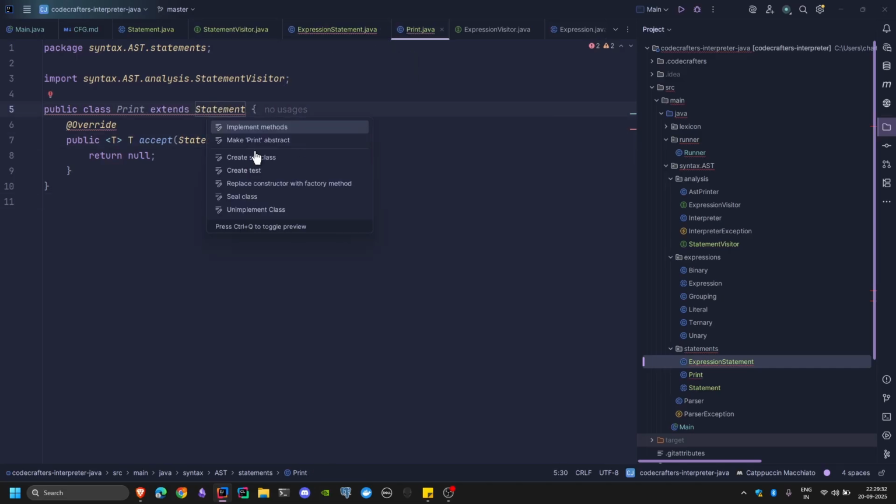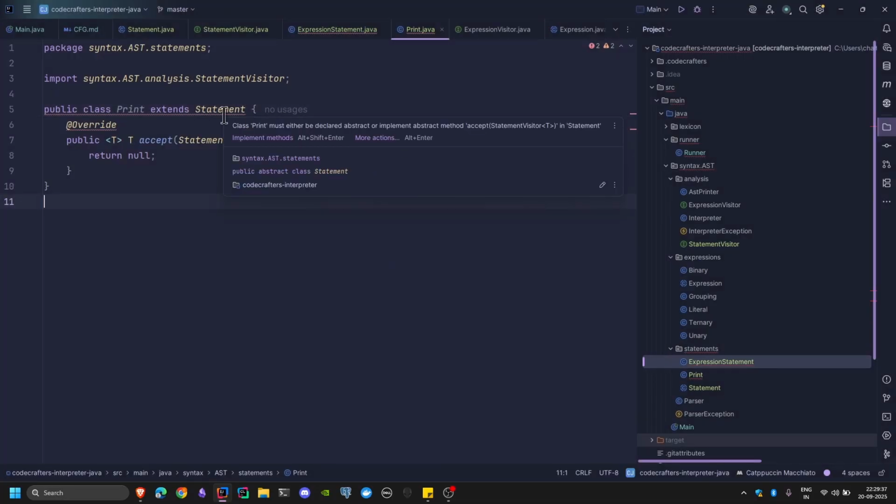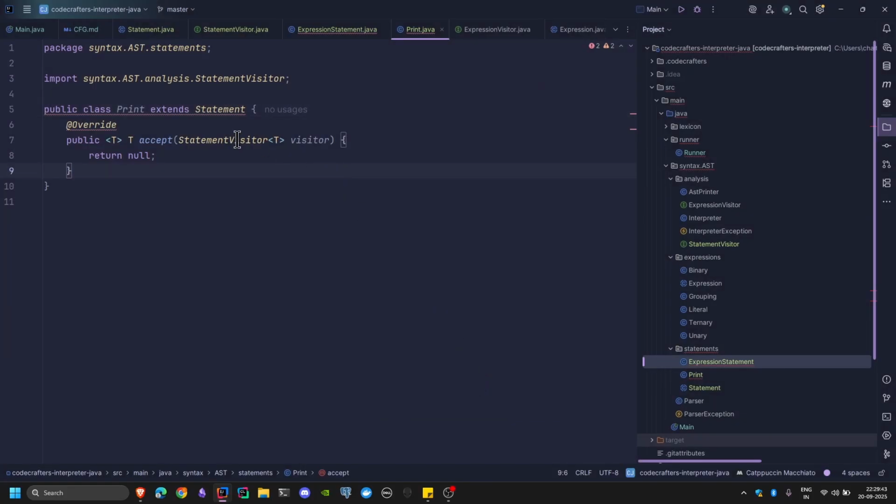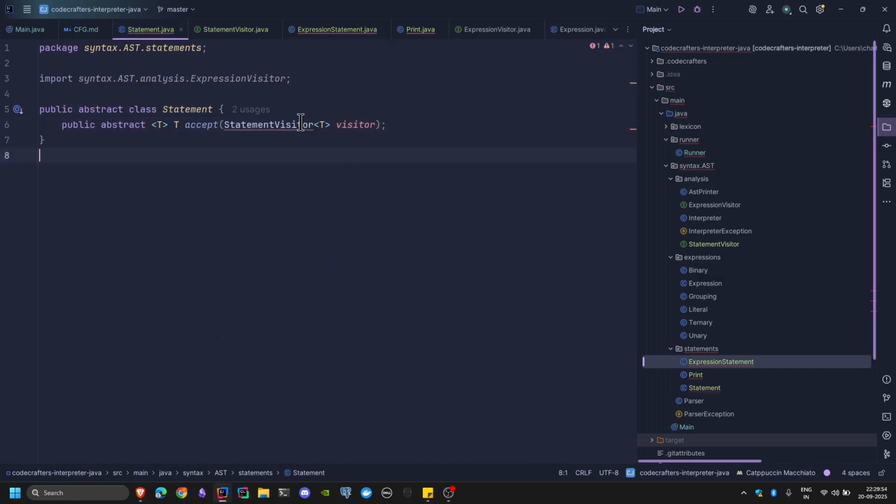What's the issue? It is already implemented. What is the issue? I'm not sure what the issue is. Public class print extends statement. Let me check the statement class. Oh,